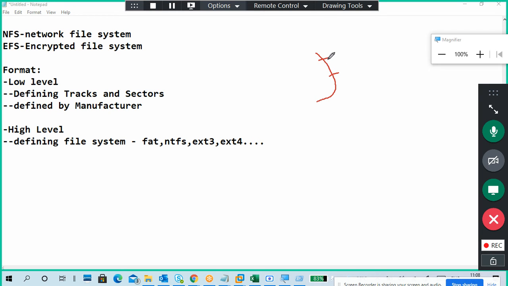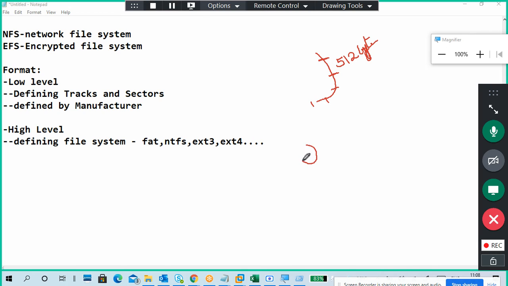And each one is divided by data size. They cut each track into small pieces. Each piece is 512 bytes. Again, on each track they mark small pieces like this, and it keeps going.